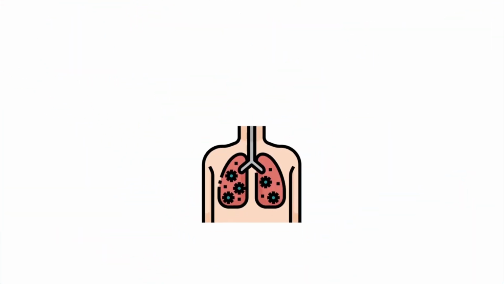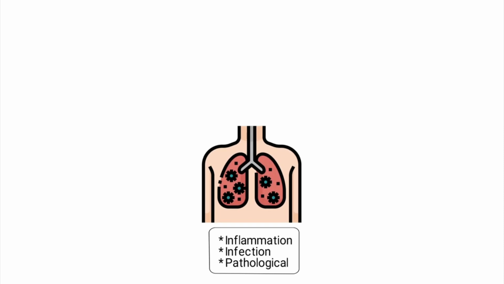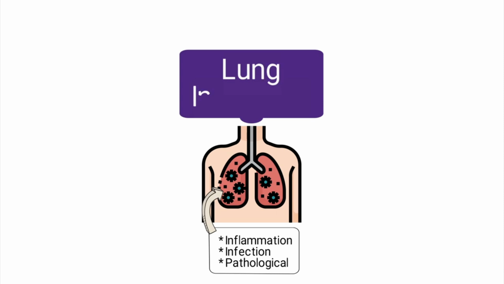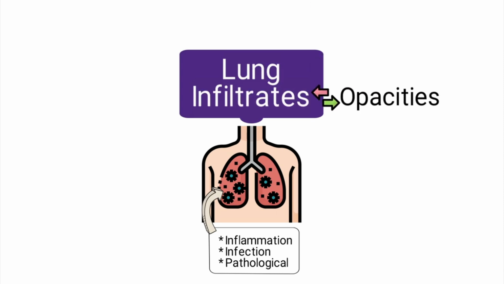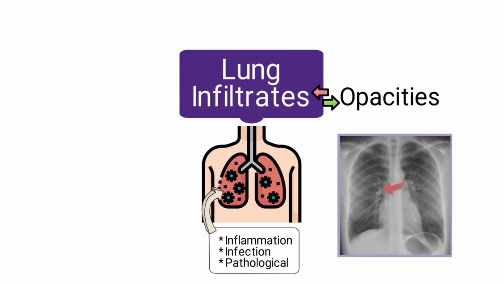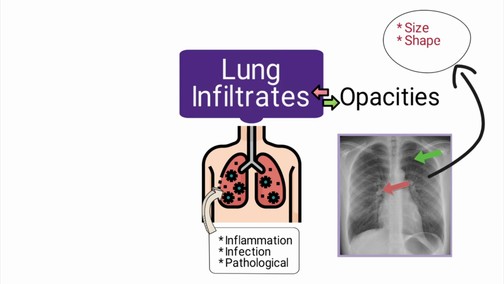The presence of infiltrates in the lungs can be a sign of inflammation, infection, or other pathological processes affecting the lung tissue. In the context of lung diseases, the term infiltrates is often used interchangeably with opacities, which appear as white or gray areas on radiographic images. Normally, the lungs appear black on a chest X-ray due to the air content, so any deviation from this appearance suggests an abnormality. Infiltrates can vary in size, shape, and location, and their specific characteristics can help in diagnosing the